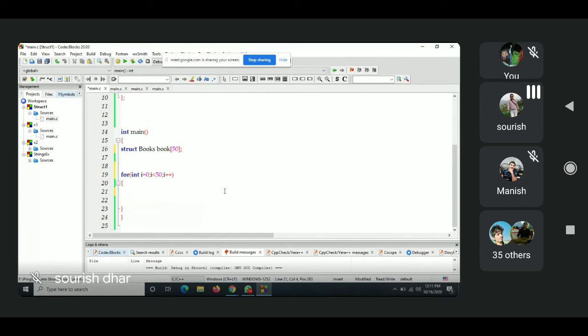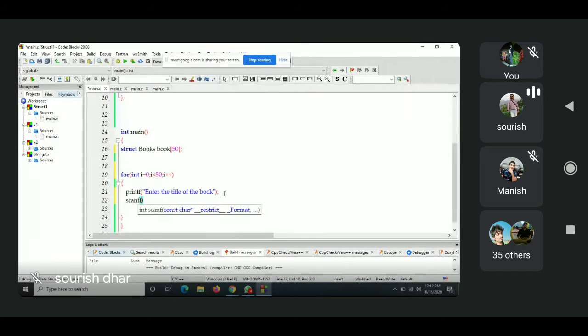How can you scan? Give printf and scanf functions. Printf, what is the first thing? Enter the title of the book. And how can I scan it? Scan it inside book 1 or book 2.